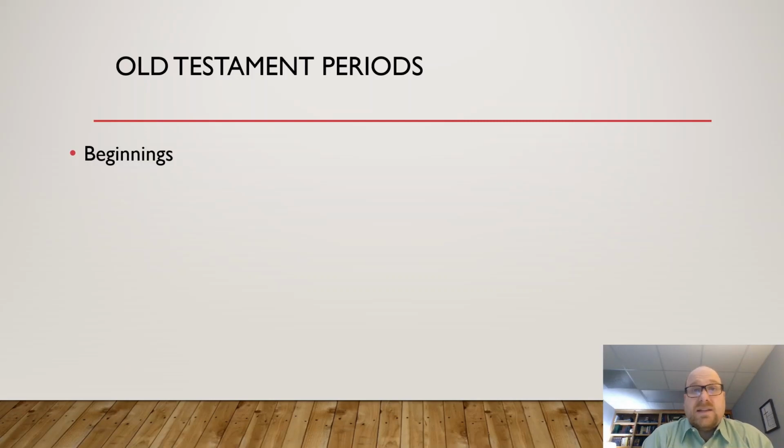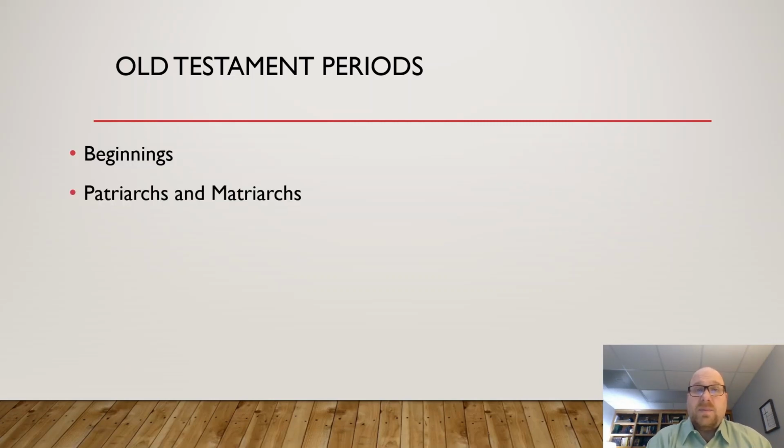So, of course, it's Adam and Eve and Cain and Abel and Noah and the flood. And the Tower of Babel, I forgot to mention. These stories end in Genesis chapter 11. Abraham is mentioned in chapter 11. So Abraham functions as the hinge between the two time periods, the linchpin. So the first period of the Old Testament I just call the beginnings.